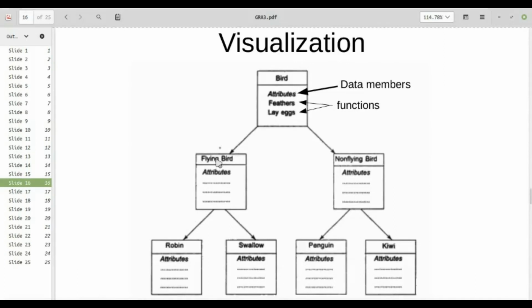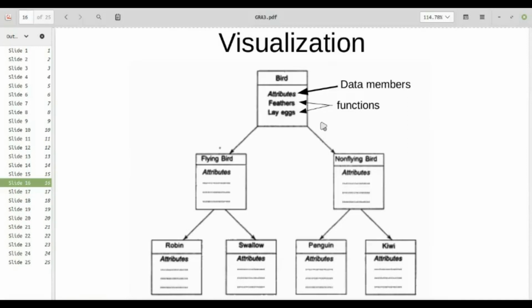The class flying bird is being created by Trina. But she is not writing the whole code again. Because she is intelligent, what she is doing is she is deriving. She knows that since it is a bird, it has to have the same properties and behavior. So she is simply naming it as flying bird, and she is just deriving the base class or the parent class that was created by Shantanu.